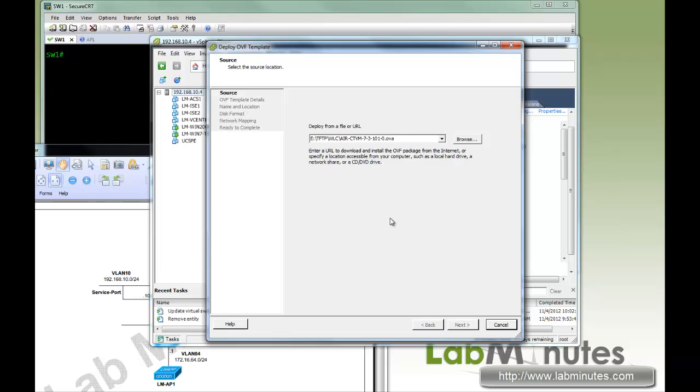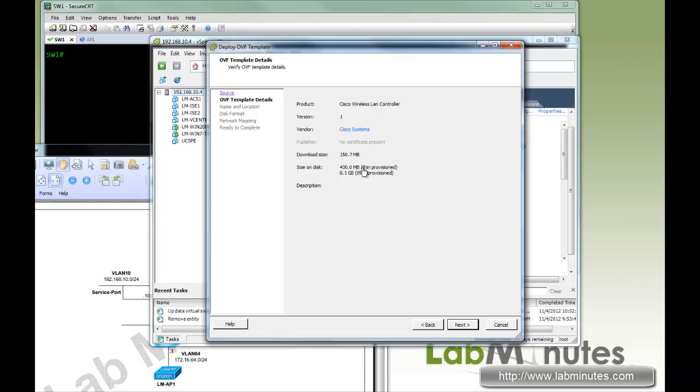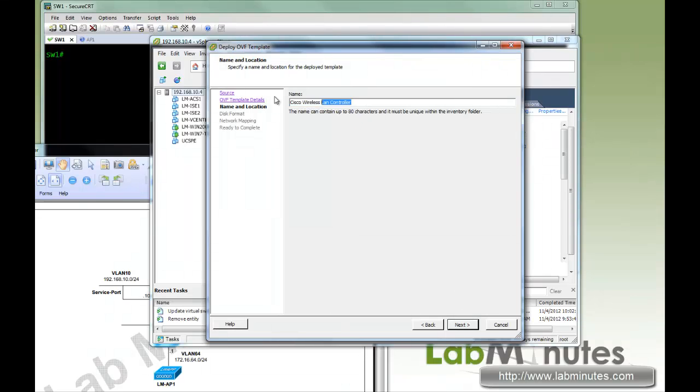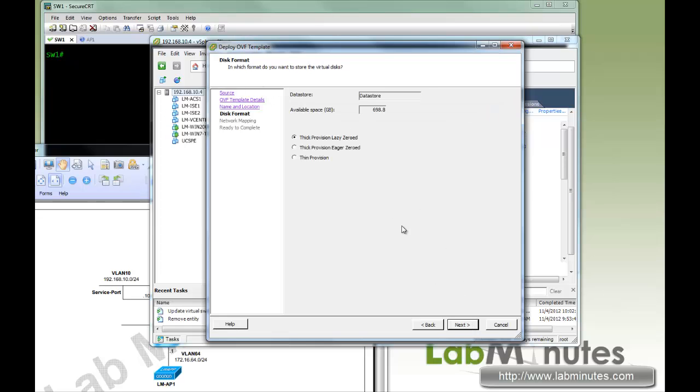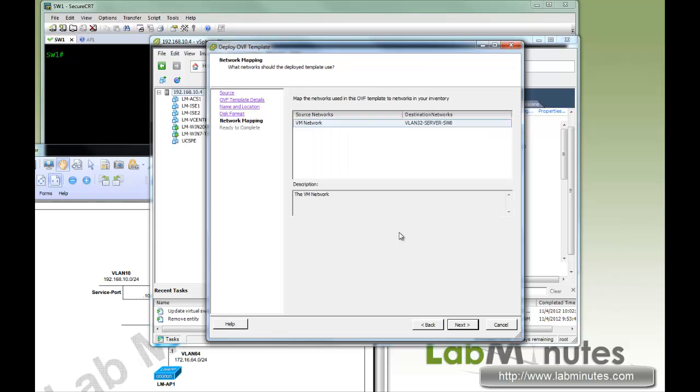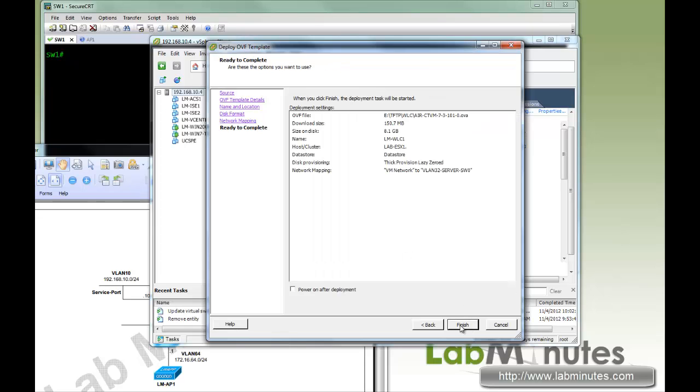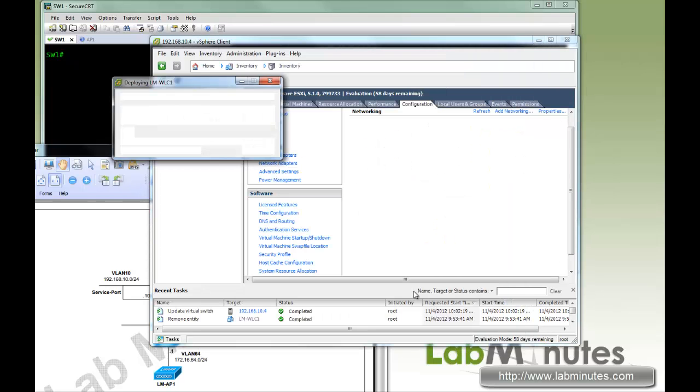We go next. You can see as part of being an OVA, all the parameters have been specified for you. So go next. Here we'll give it a name. We will call it LM-WLC1. Next, we do thick provision. Next, we'll just leave that default. We'll edit it in a few minutes. So go finish, and now